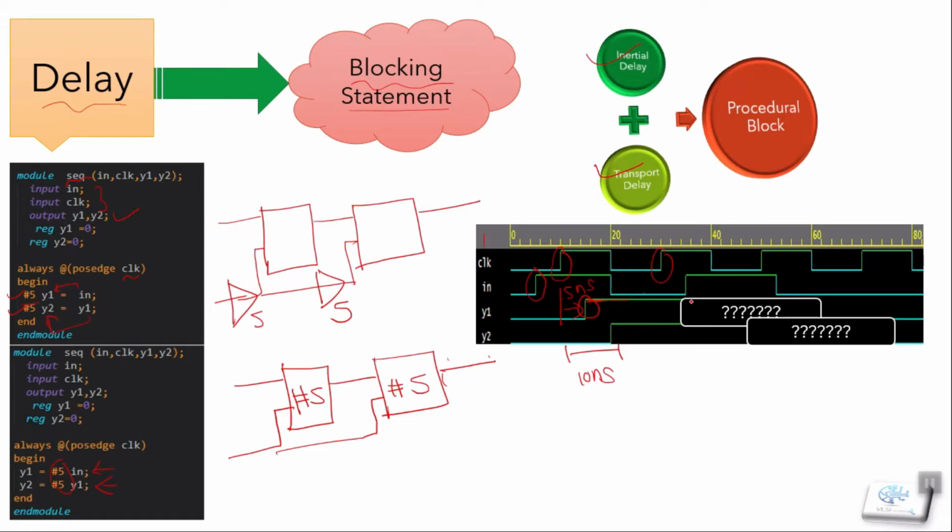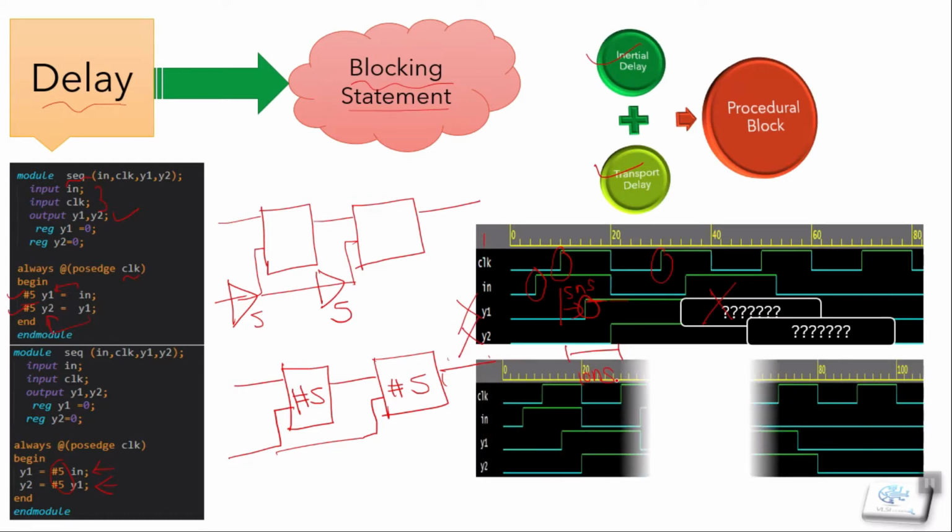You can easily check that on your own simulator also. That's why I put the question mark here. Is it correct? No, it is not correct, because we expect y1 to be low, but we get y1 as high. So that's why I put a question mark, that this is not the actual thing we want here, and the stimulus goes to our y2.